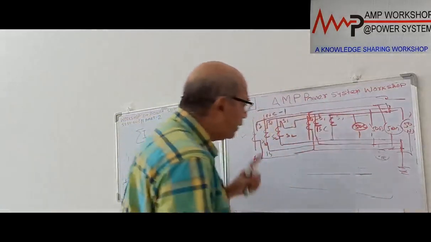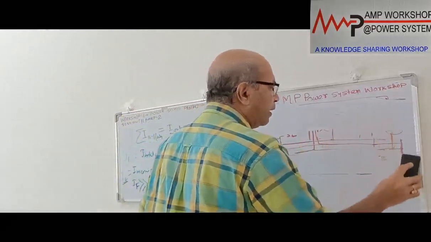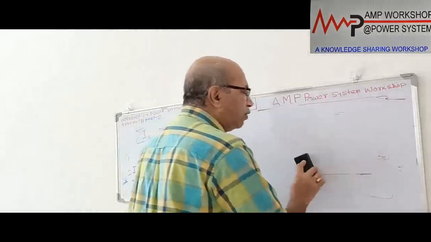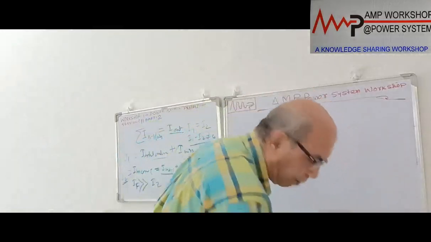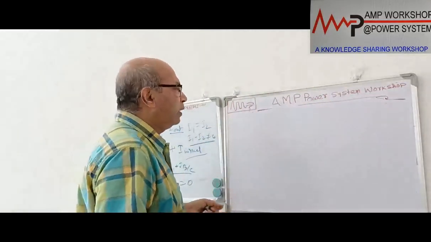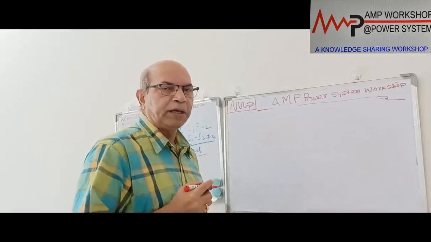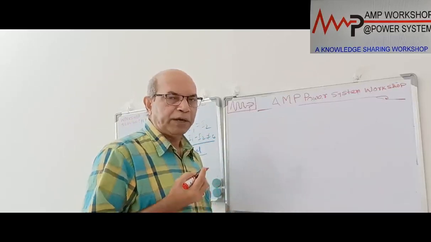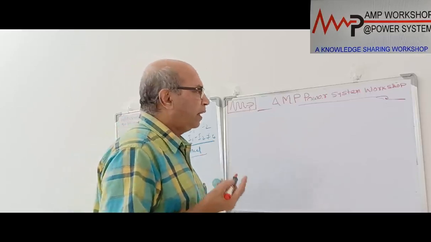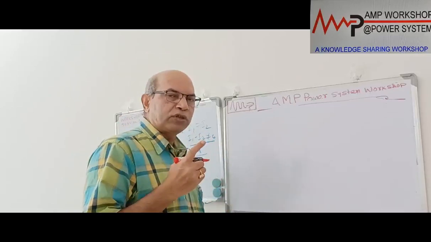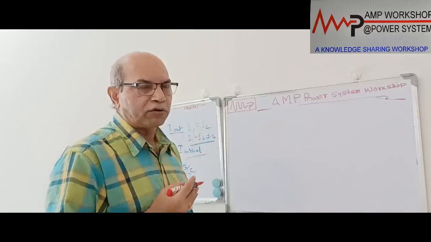Now when this partial differential scheme operates, immediately the relay will trip the incomer breaker, the bus coupler breaker, as well as all the outgoing feeders. That is the normal way this differential protection operates. When differential protection operates, what will happen immediately? Suppose this relay 50 is operating or 50N is operating. The moment this instantaneous relay operates due to a bus fault, with some timer provided just to give some time, then immediately this relay should trip the incomer breaker, bus coupler breaker, as well as all the outgoing feeders, and it will block the auto changeover if present.